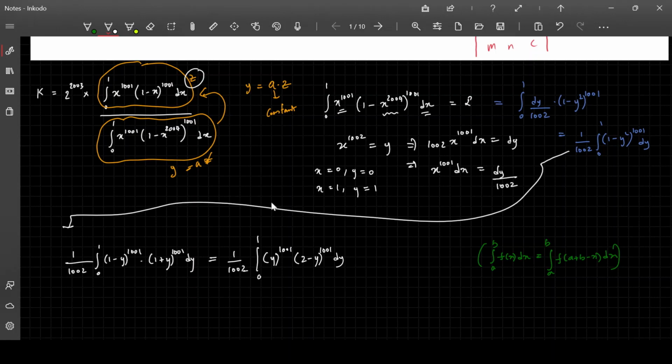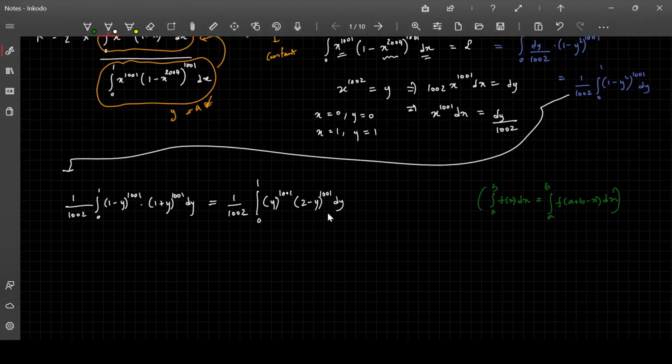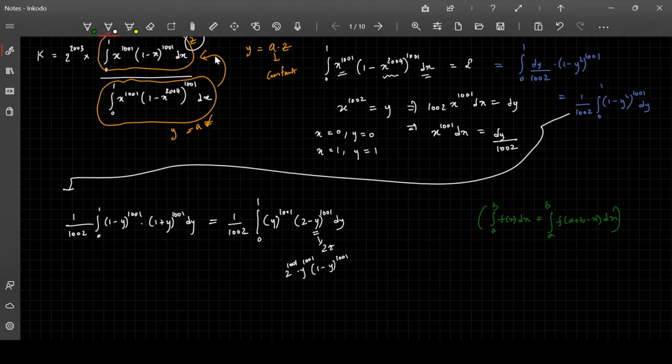But we have 2 here, so to avoid this 2, we shall substitute in the place of y some multiple of 2. For example, if I substitute z, then I can put y equal to 2z, then 2 can come out of the bracket and finally lead to 1 minus y. And from here also I can get 2 power 1001 into y power 1001, and here also y power 1001. So finally we have come to this form, this z numerator form. That is the reason we must be so careful when we try to find the best substitution.